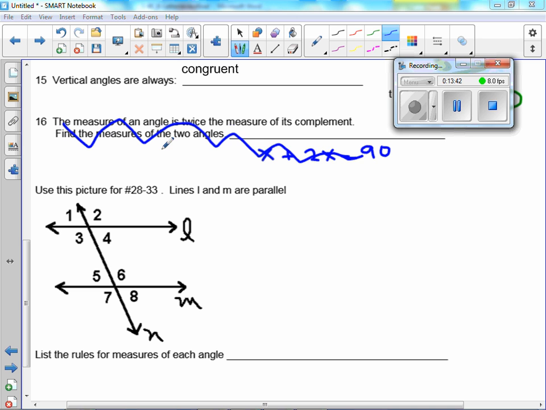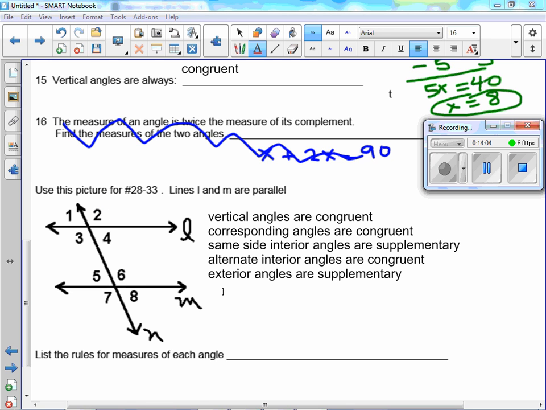Okay, we're on number 16, and we're going to use this picture. And we know that lines L and M are parallel. So list the rules for the measure of each angle. So we know that, what do we know about each angle? So write that down. You use these notes to determine